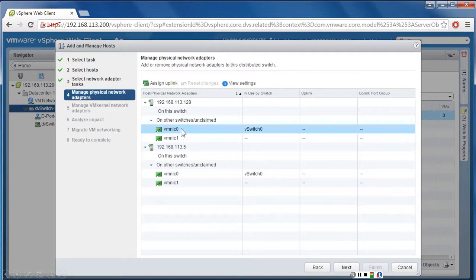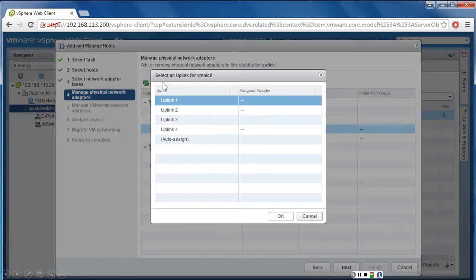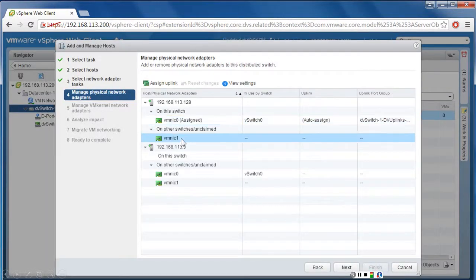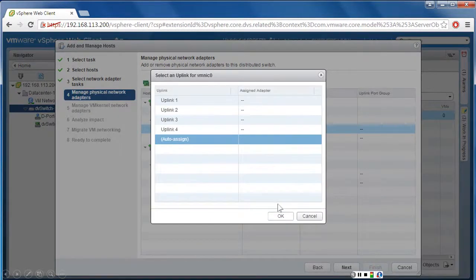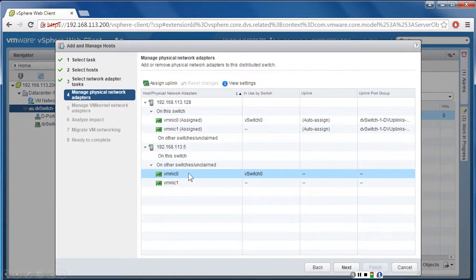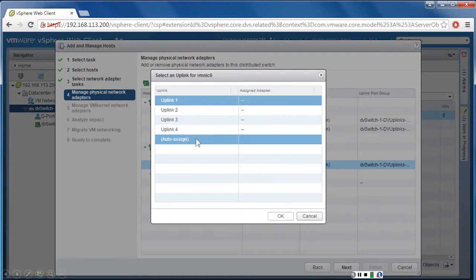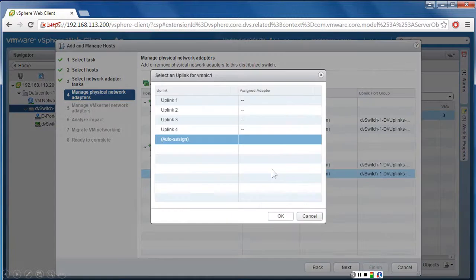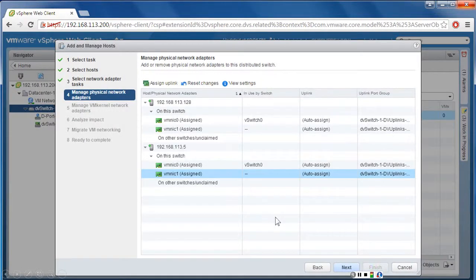I go to the first network interface card and I select Assign Uplink. I then select Auto Assign followed by OK. I then select the second network interface card in the first ESXi host, and I select Assign Uplink followed by OK. Then I go to the next ESXi host and I select the network interface card followed by Assign Uplink and Auto Assign and OK. And then I select the last network interface card and assign it to the uplink followed by OK. So now that I've indicated that I want to use all network interface cards in both ESXi hosts, then I